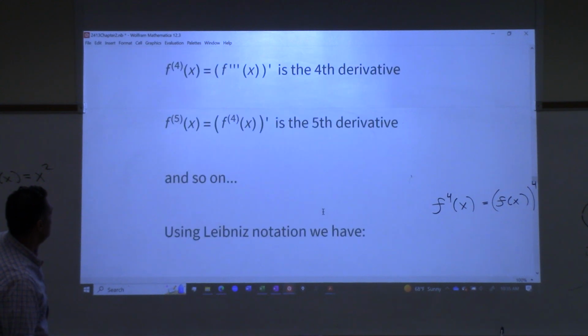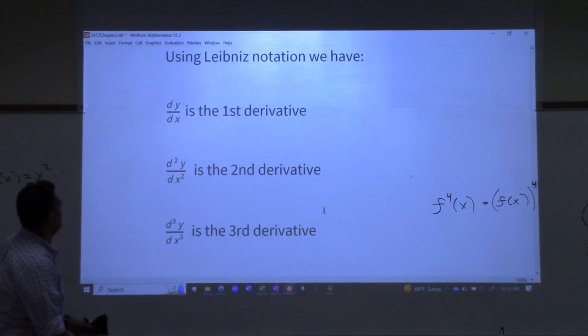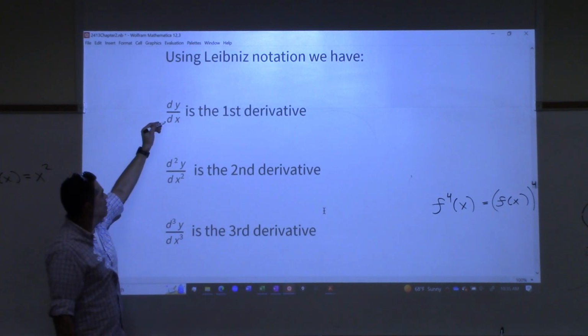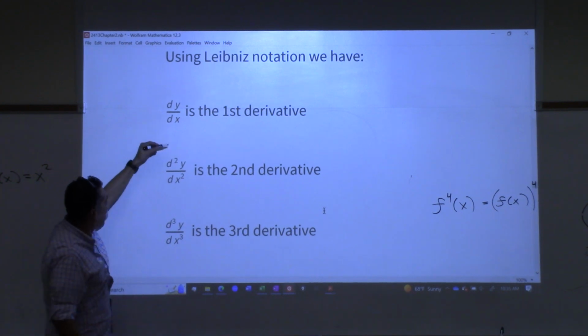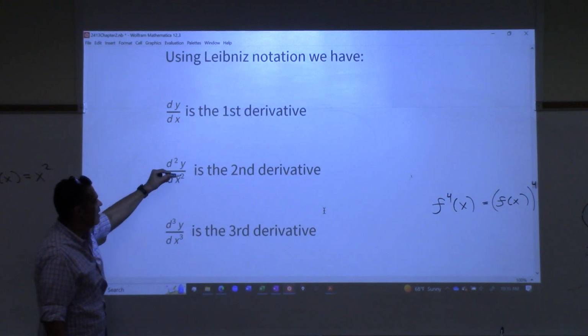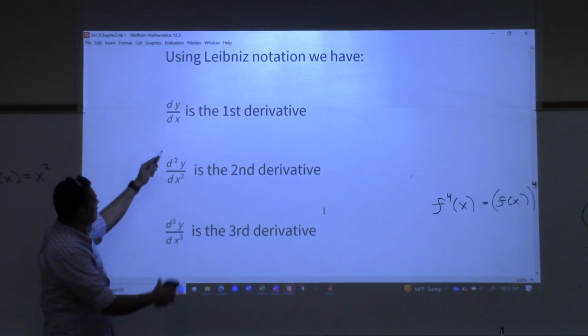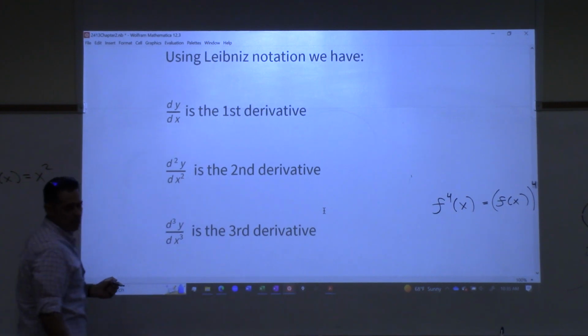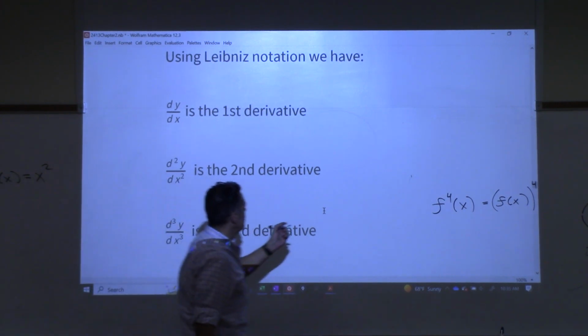Leibniz notation, the first derivative, we just write dy dx. That means take the first derivative. If I want you to do the second derivative, what we do is we write a d superscript 2 up here, y, on the bottom dx, and then the 2 up here like this. Notice that the 2's are offset, right? They're not lined up together. That's intentional. Because if somebody writes this down,